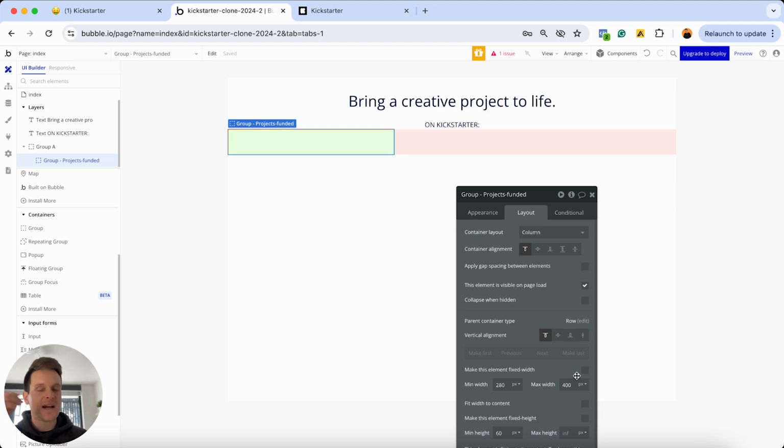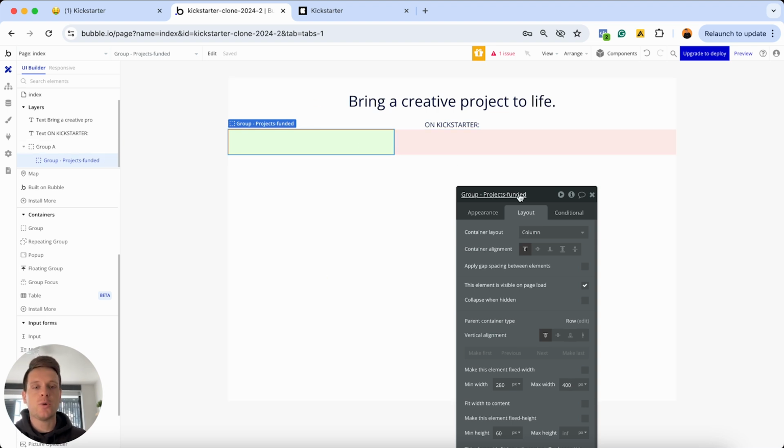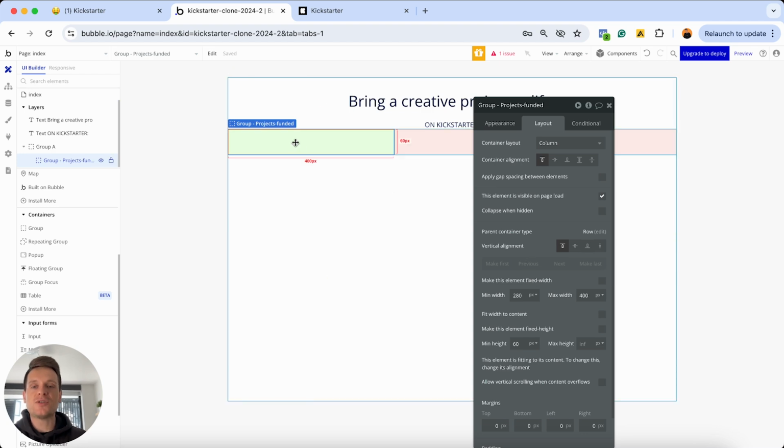Now look, there's no scientific reason why I selected 400 pixels. I think that's just more than enough to add all of the text that I'm going to need to add into this group. And look, we will come back and play around with some of these layout settings in a moment. But before we do that, what I'd like to do is add my 2 text elements into this